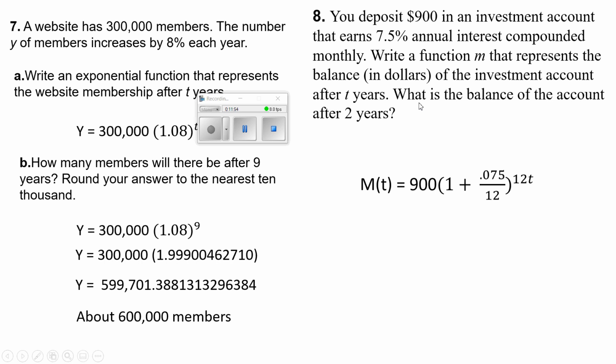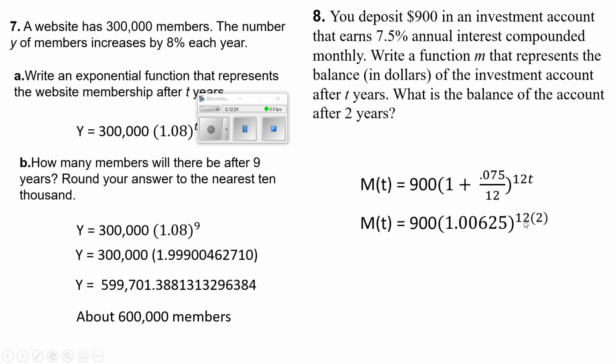Now it's asking what is the balance of the account after 2 years. We're going to replace this T with 2. 2 times 12 is going to give us 24. And so we're going to take 0.075 divided by 12, add it to 1. Whatever that answer is, we're going to multiply it to itself 24 times. That's going to give us, well, okay, first of all, we took the 0.075, divided it by 12, and added it to 1 and got